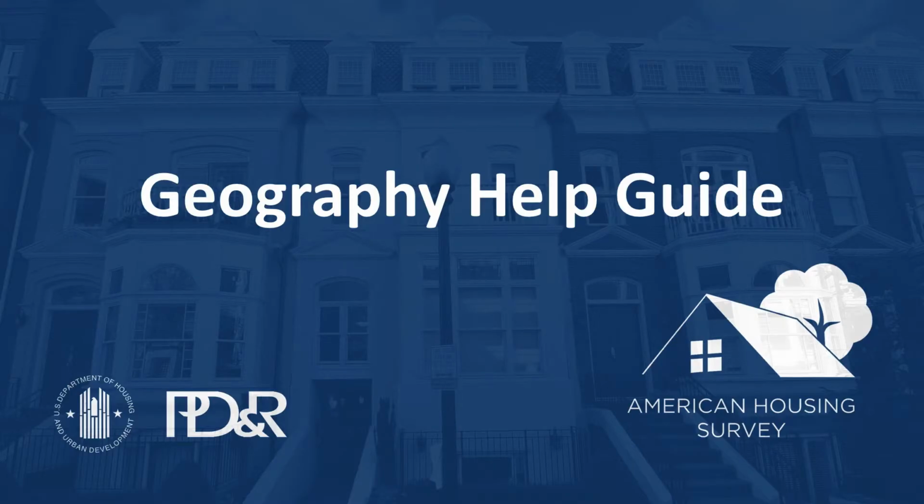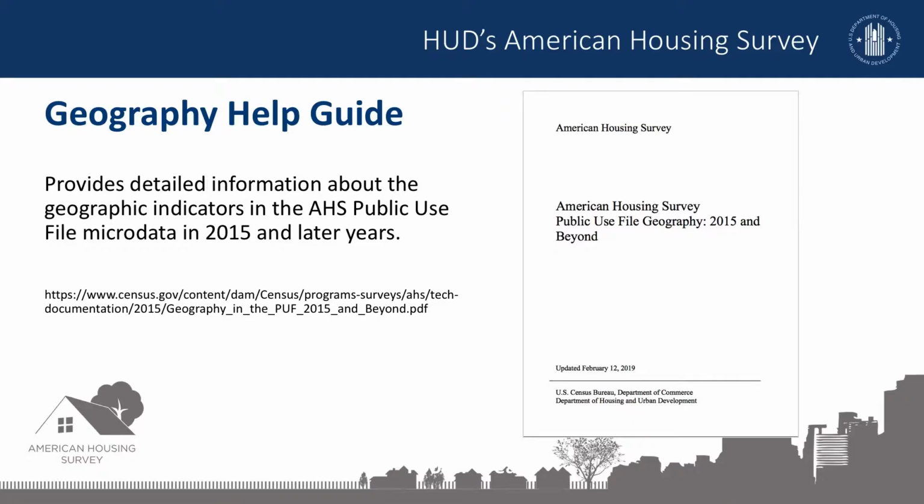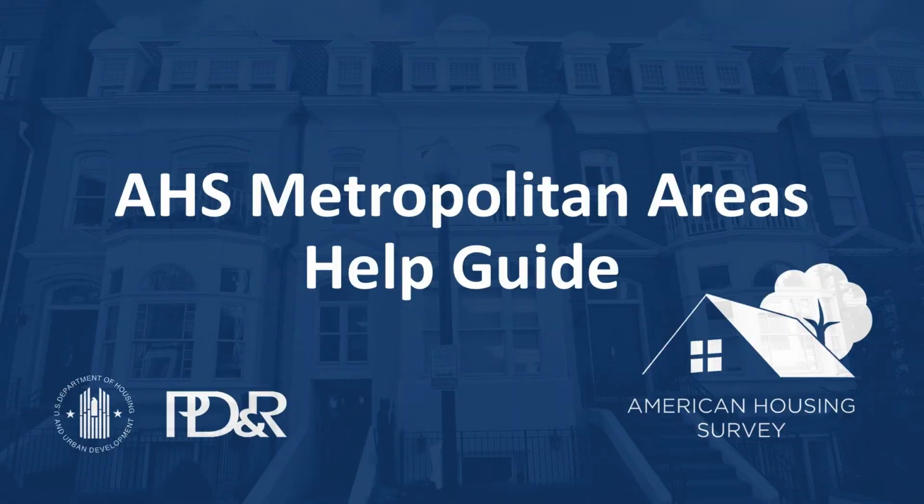Another helpful tool for working with the PUF microdata is the Geography Help Guide. This guide provides detailed information about the geographic indicators in the AHS Public Use File microdata in 2015 and later years, including the census divisions and the metropolitan areas on the national PUF, as well as the metropolitan area on the metropolitan area PUF. Users will also find the AHS Metropolitan Areas Help Guide to be a useful tool when